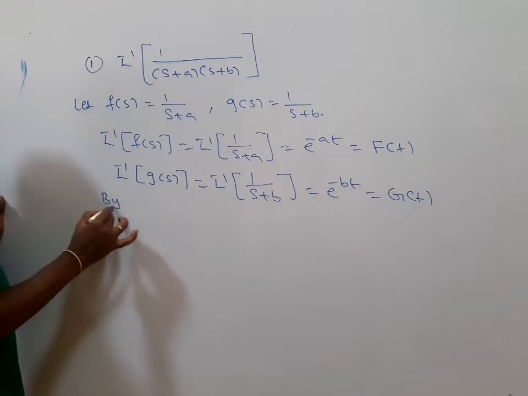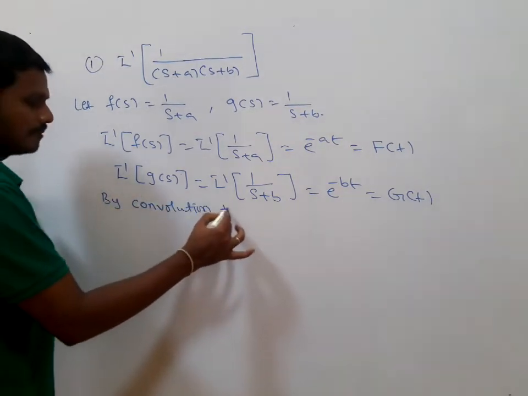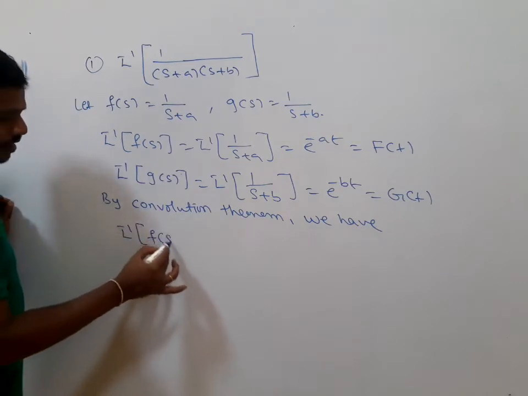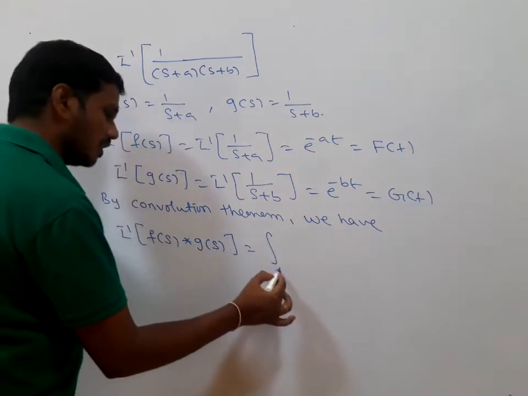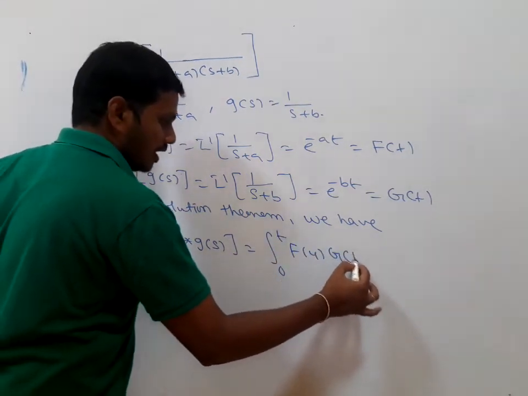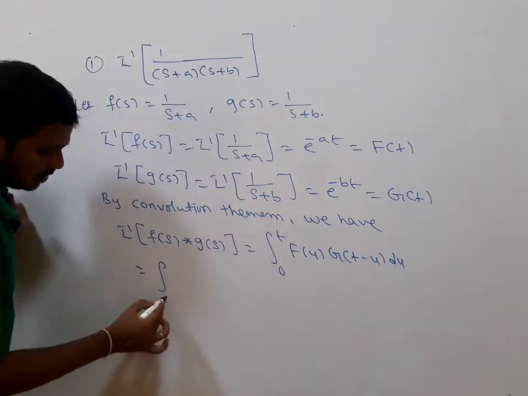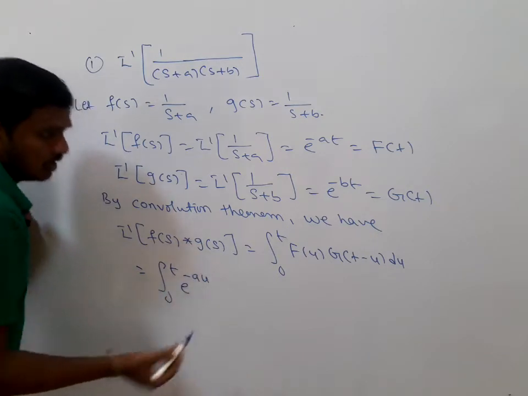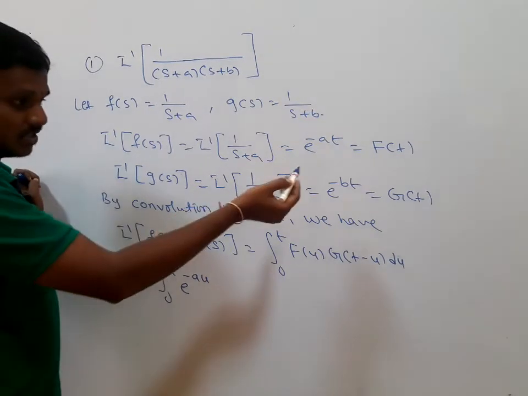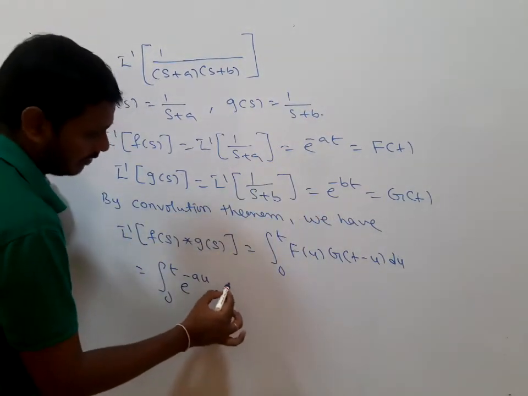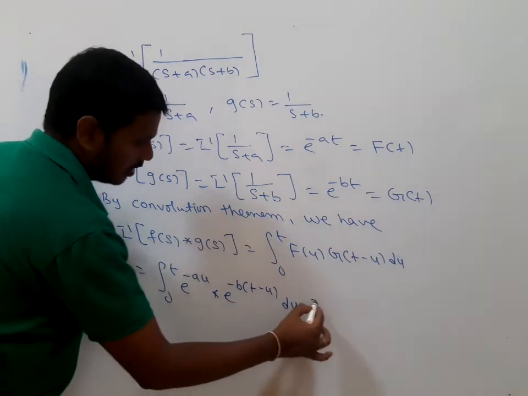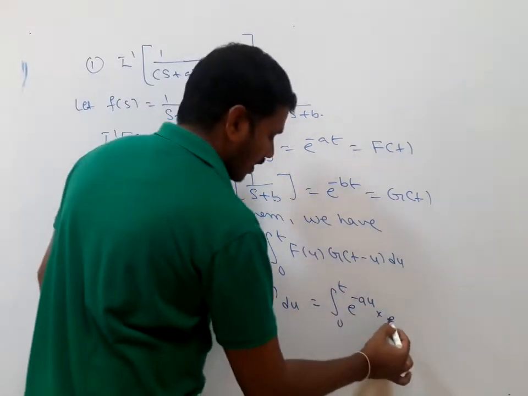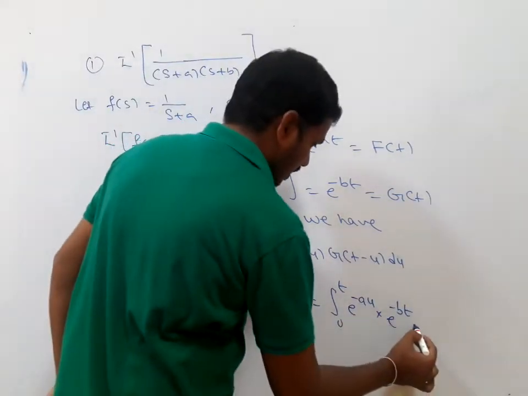By the convolution theorem, we have L inverse of f of s into g of s equal to the integral from 0 to t of f of u g of t minus u du. Here f of t is e to the power of minus at, so f of u is e to the power of minus au. g of t is e to the power of minus bt, so g of t minus u is obtained by just replacing t with t minus u. That is e to the power of minus b into t minus u du, which is the same as the integral from 0 to t of e to the power of minus au, e to the power of minus bt, and minus into minus gives e to the power of bu,